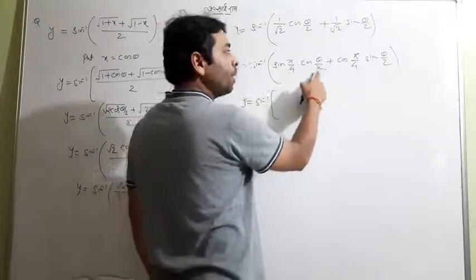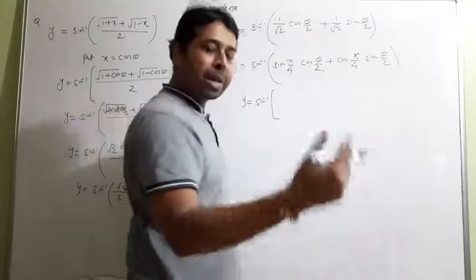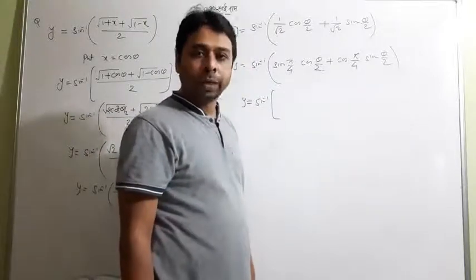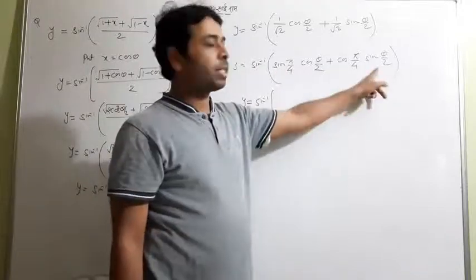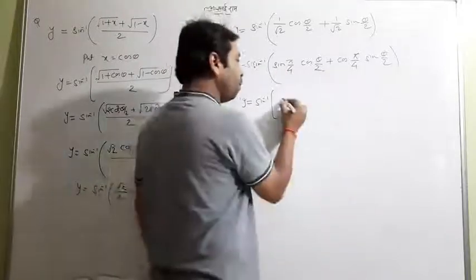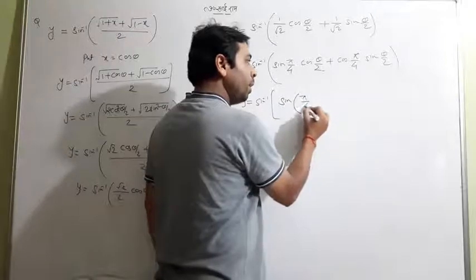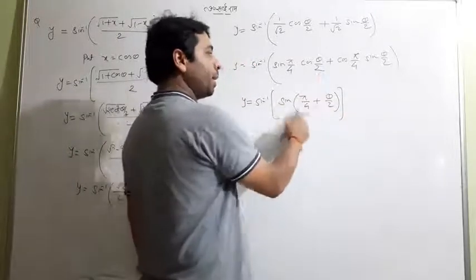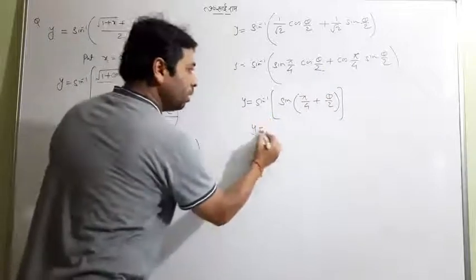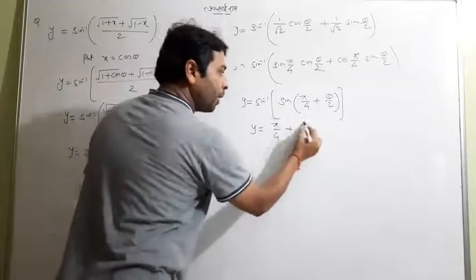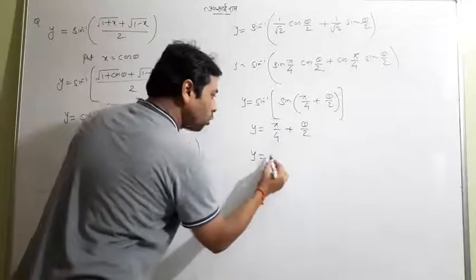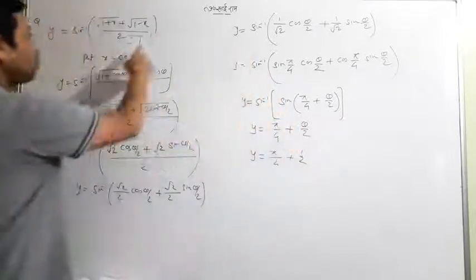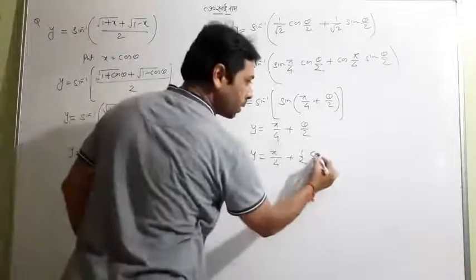Sin A cos B plus cos A sin B is an addition law, which you read in trigonometry in class 11th. Sin A cos B plus cos A sin B is sin of A plus B. Very simple formula. Sin and sin cancel each other. What will remain? Pi by 4 plus theta by 2. Now we are not far from the answer: it is 1 by 2, and theta is equal to cos inverse x, so I'll write cos inverse x here.